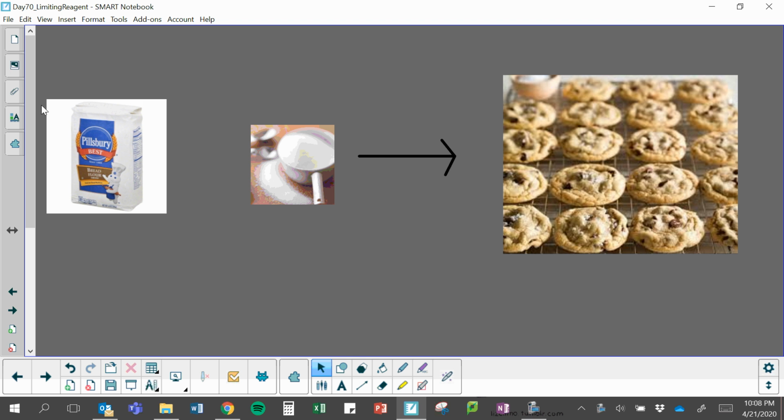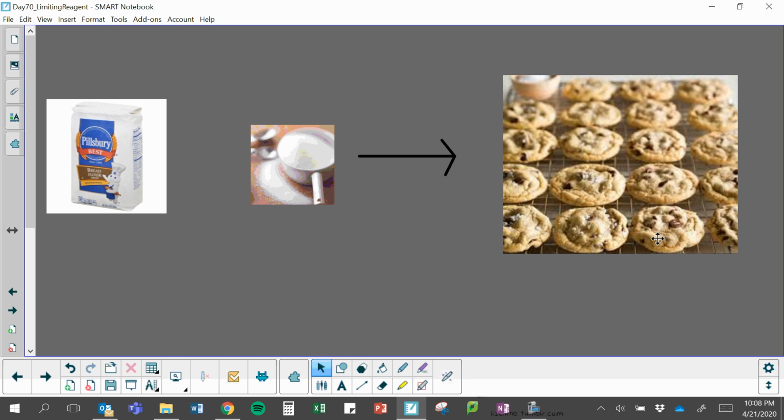And sometimes we might have a lot, like say we have a whole bag of flour, but we only have a cup of sugar. So because of that, we need to account for the fact that we have more flour than we would actually be able to use in the recipe. So we will have excess flour left over, but if we only have a cup of sugar, we're probably going to use that whole cup of sugar. And so this can help us to figure out how many of our final product we're actually going to make,